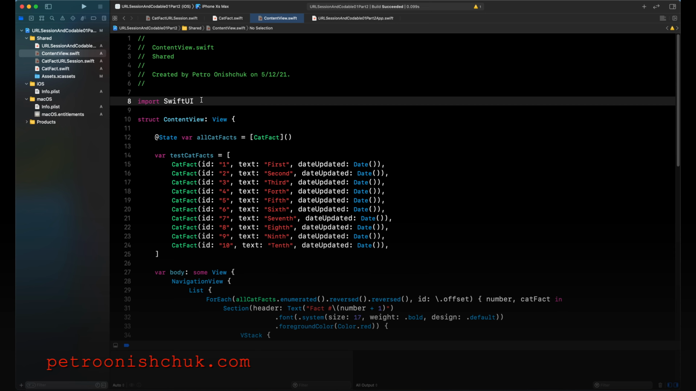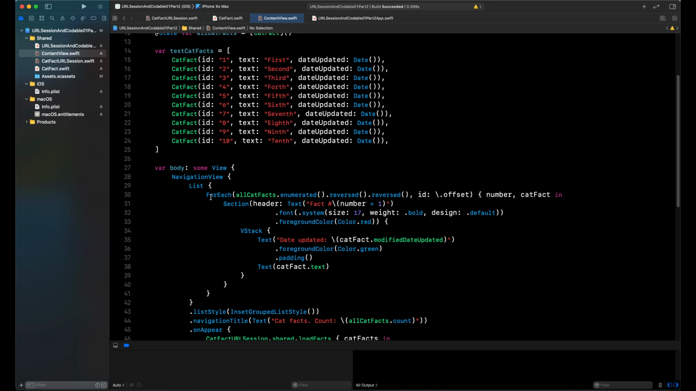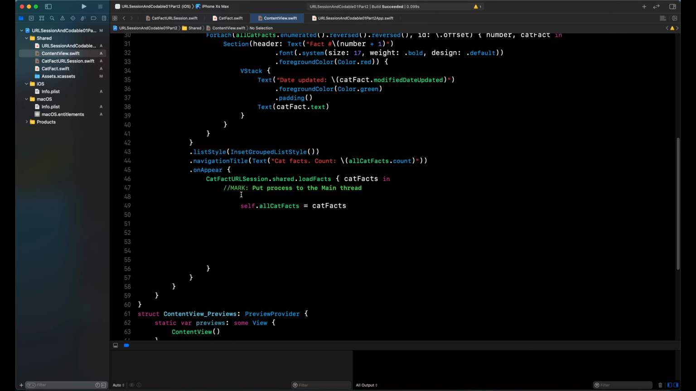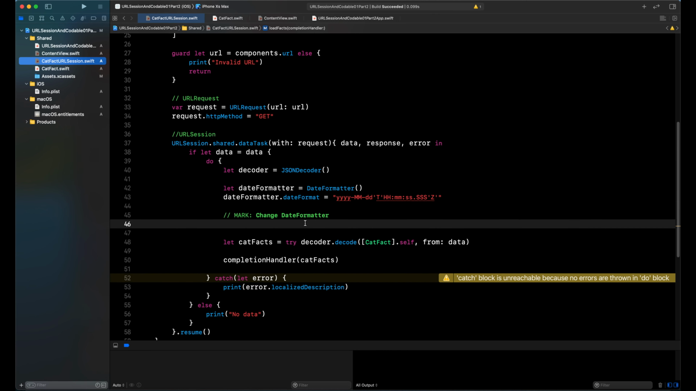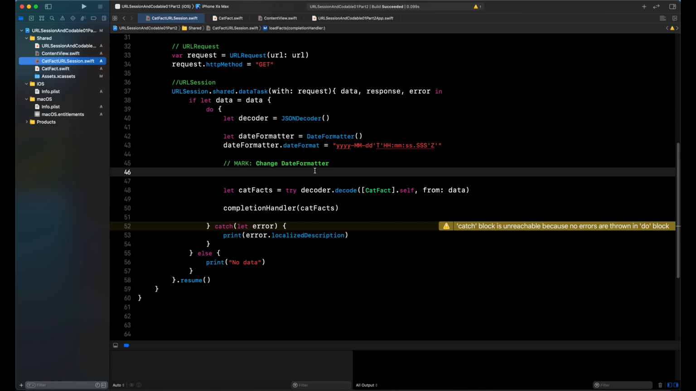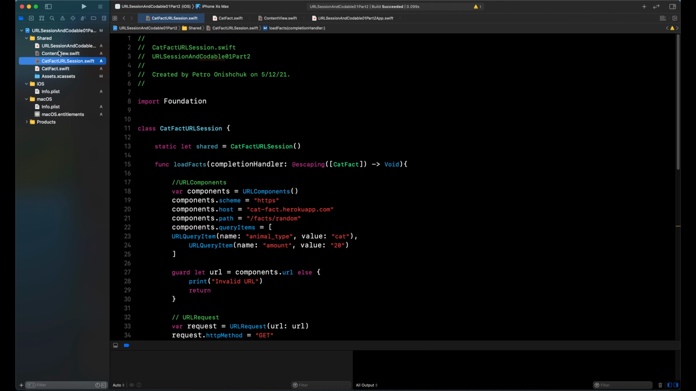I created this video because in the previous video I made some mistakes. First, I didn't run my process on the main thread in this part of the code. And second, in URLSession I used a DateFormatter, but this DateFormatter works incorrectly on a real device, and now I have changed this. For example,